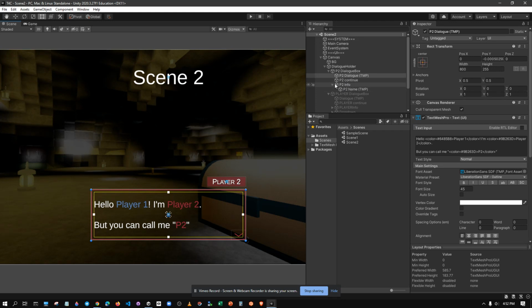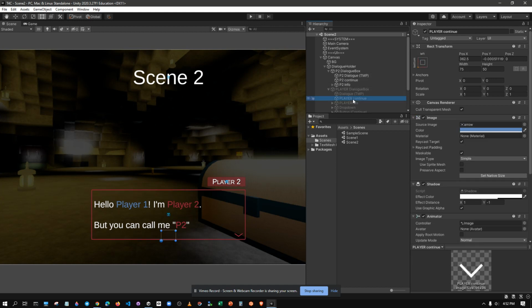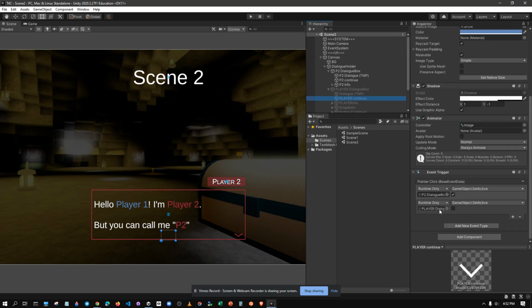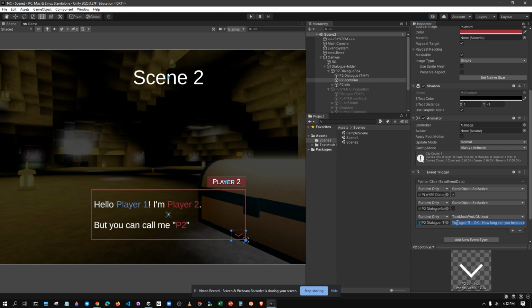So when I click the player 1 continue, I will, no wait, when I click the player 2 continue, I can change, so